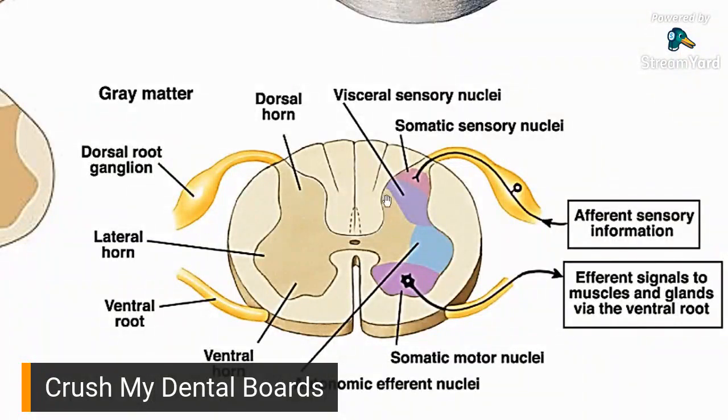Okay? So the spine, you have your dorsal horn, you have your ventral horn, and then on the side, you have your lateral horn. So bakit kailangan natin malaman na may ventral horn or ventral side sa dorsal side? Because from these horns would emerge your nerves. Okay? So like here on the ventral horn, you have the ventral root of a nerve. From the dorsal horn, you have the dorsal root and the dorsal root ganglion.